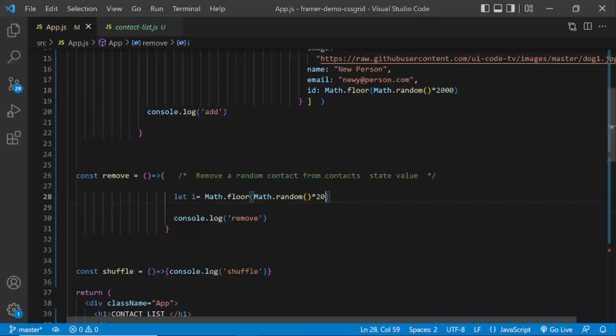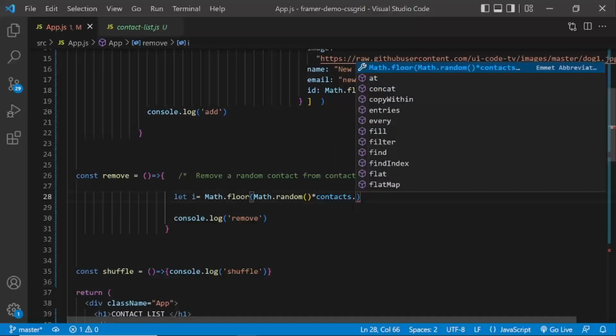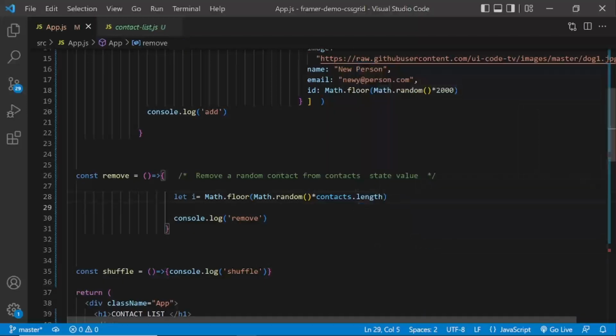So I'm going to change that 2000 to contacts.length. So what it's doing is generating a number between 0 and the contacts length. Depending on how many items we've got in our contacts list, it's going to use that number to generate the random number. Then we're going to use that index to remove the item.